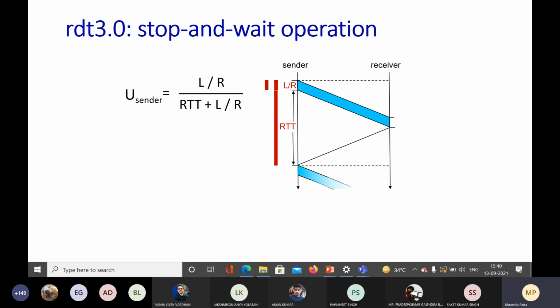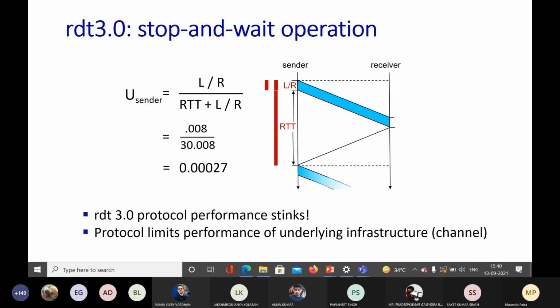That's the total time, RTT plus L by R. According to our example, the transmission delay is 8 microseconds, and the round trip time is 30 milliseconds plus 0.008. So it comes out as